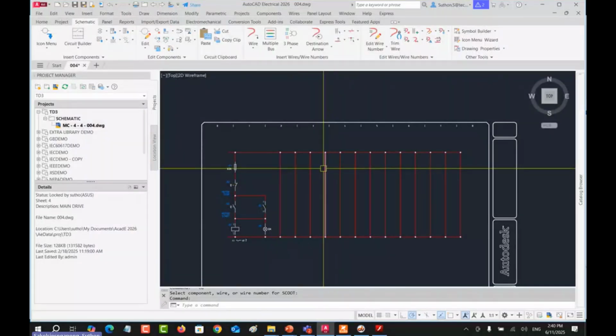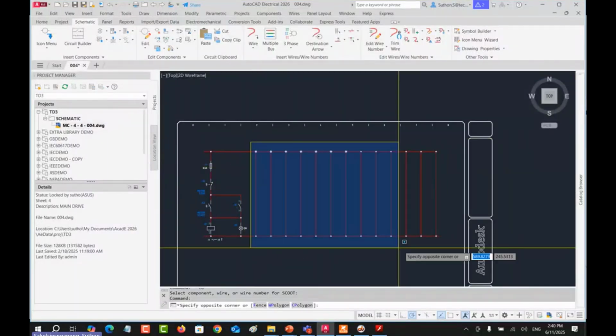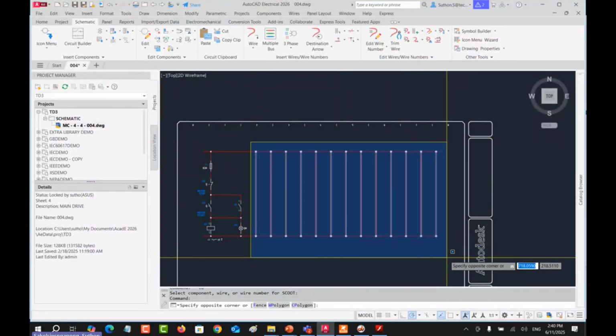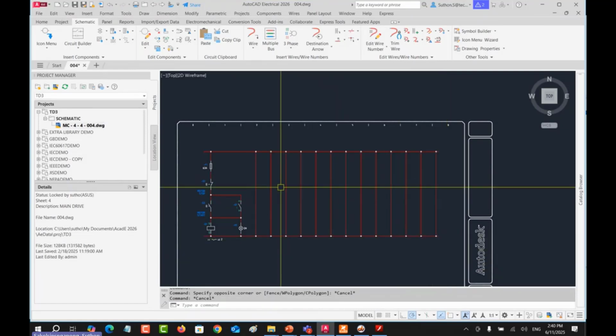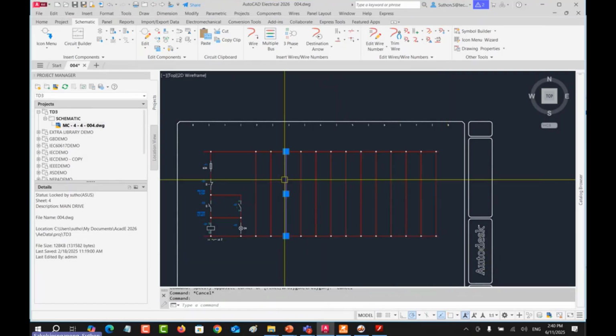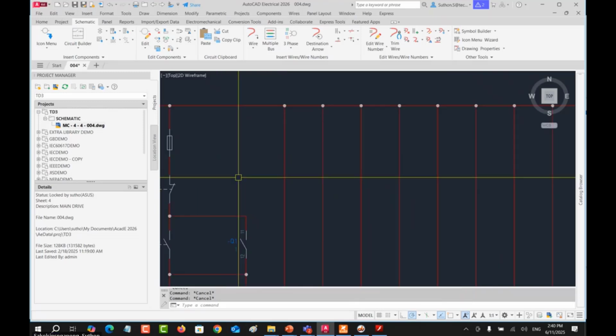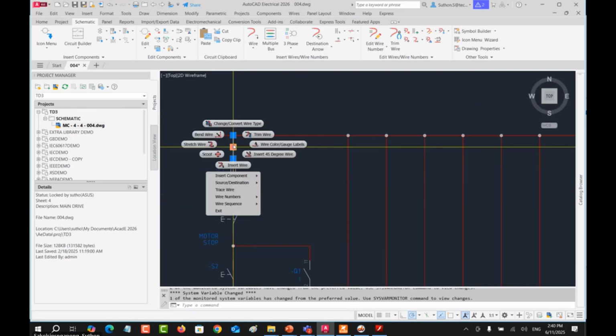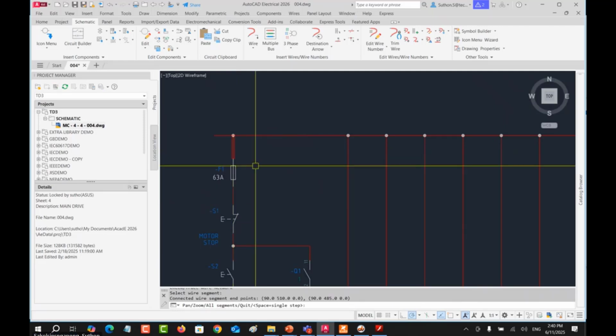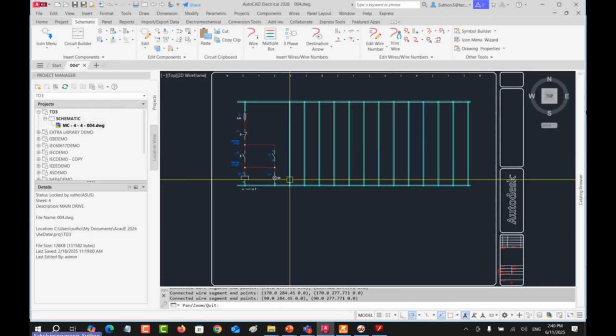Before I create the wire number, I have to delete all this line. Why? Because you can see here we have the trace wire. Insert wire, we have the trace wire. When I hit the A button, you can see it is a short circuit.